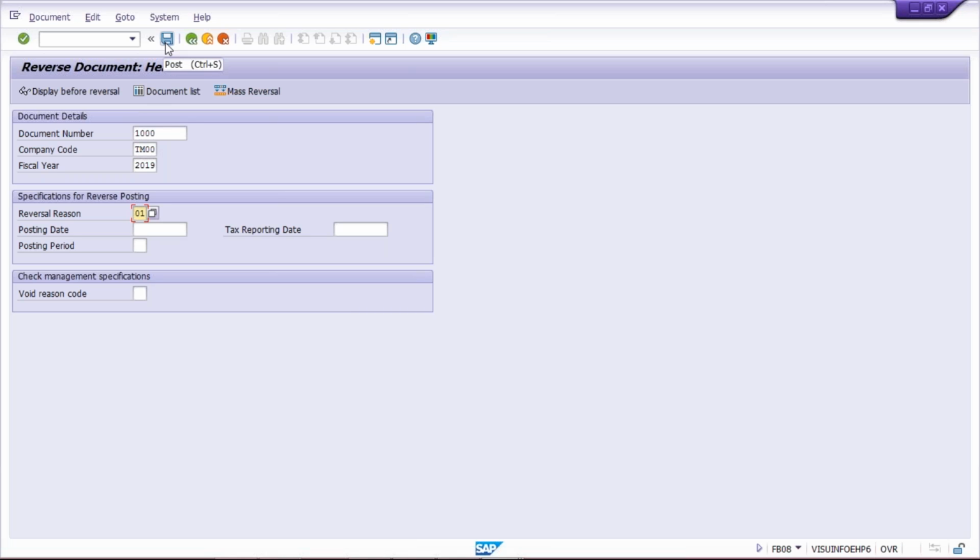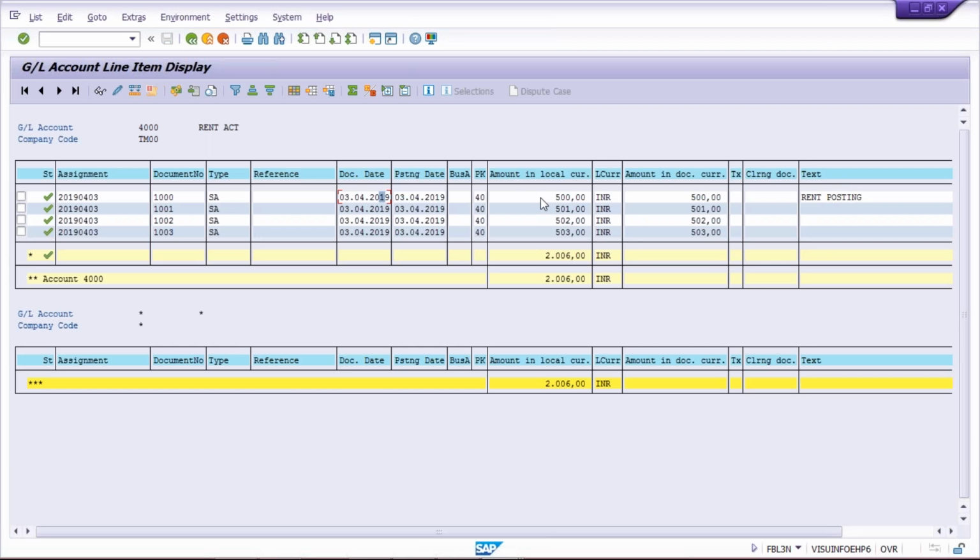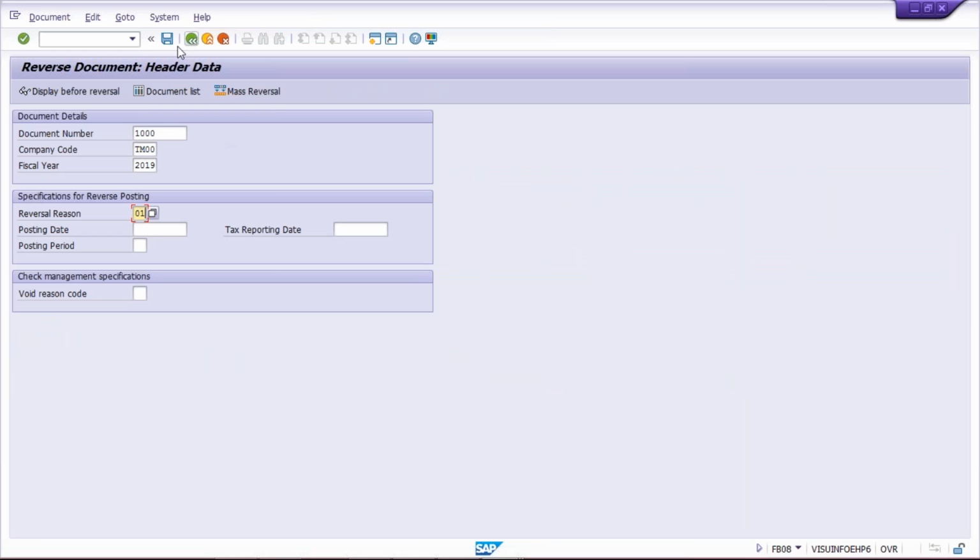So once you click on post, then what will happen? Once you click on post, then look here, the 500 debit balance is there. Against this 500, again one now here, so these are all debit balances, right? So against this, what will happen, guys? If you click on post,